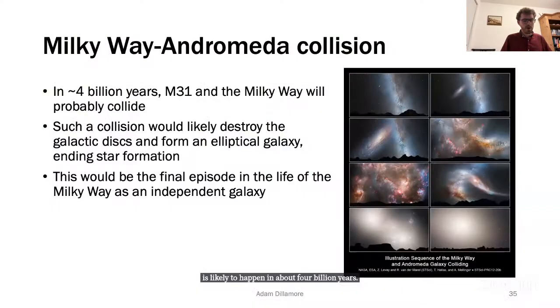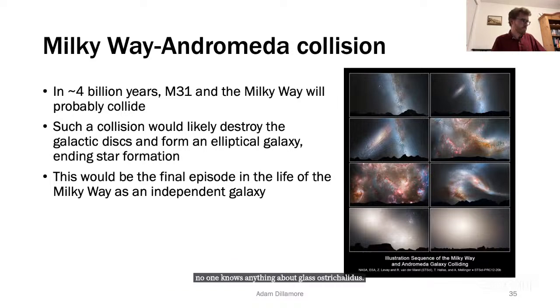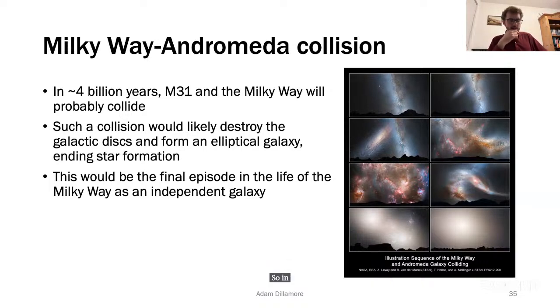So I often think it's quite ironic that the most famous merger of the Milky Way, the only one that someone on the streets is likely to know about, is one that hasn't even happened yet. No one knows anything about Gaia Sausage Enceladus. But this would be the biggest event in the Milky Way's history if it does happen. So in about 4 billion years, the trajectories of the Milky Way and M31 will bring them together to collide in